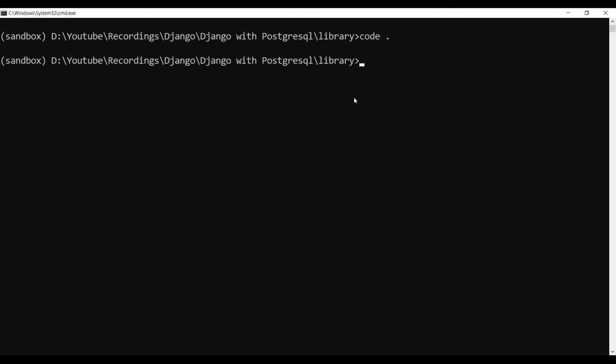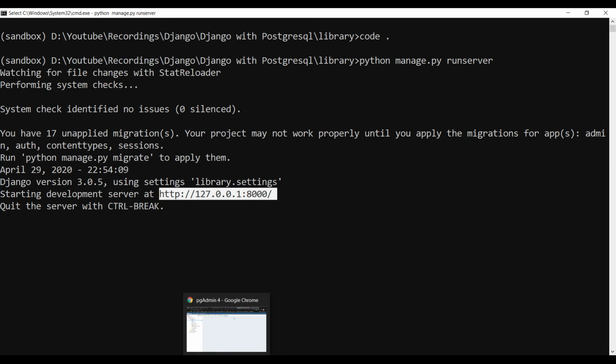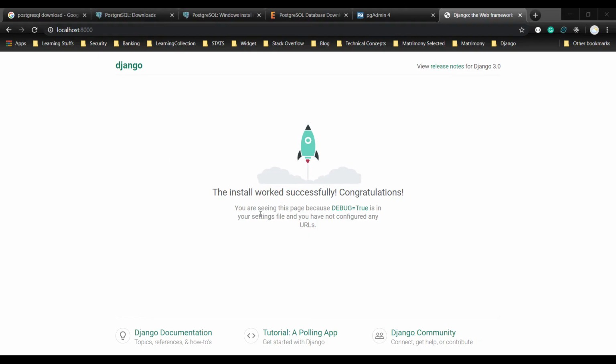Now I'll run the server. For that, I can run manage.py runserver. Okay, so now our server is running.